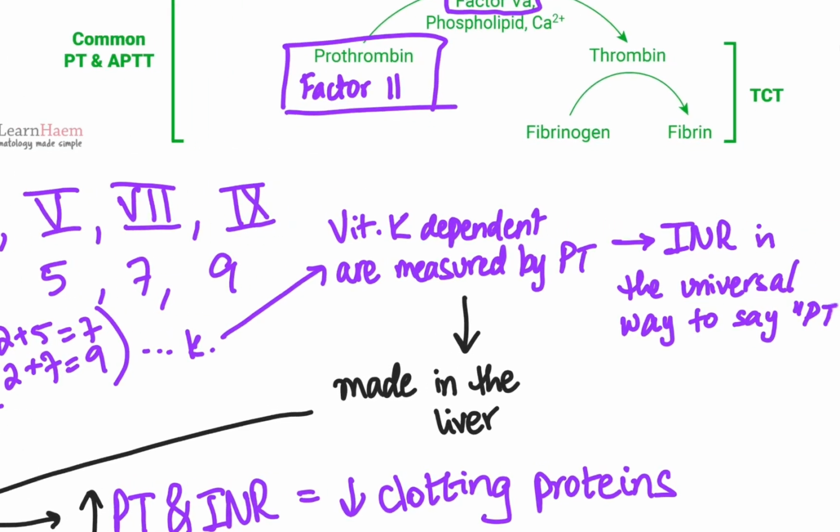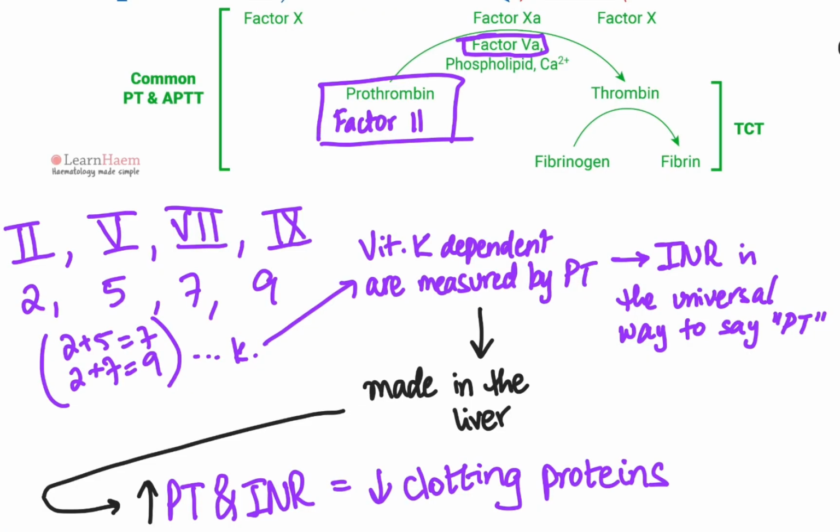And so we can see this being affected in the form of the PT being affected. And then the INR is another way of essentially introducing the possibility of vitamin K enzyme damage. And so when you put this understanding together, what you'll find is that PT and INR are often raised when